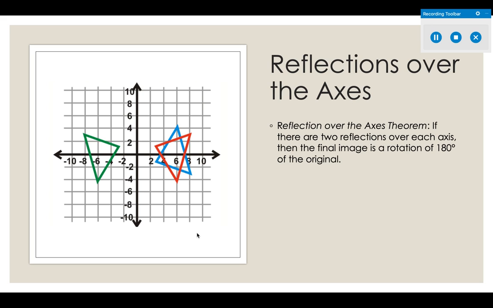Next, we have reflection over the axes. The reflection over the axes theorem says that if there are two reflections, one over each axis, then the final image is a rotation of 180 degrees of the original. So we started off,